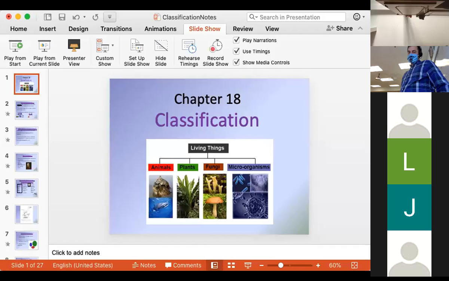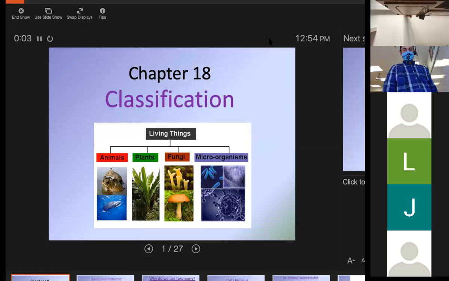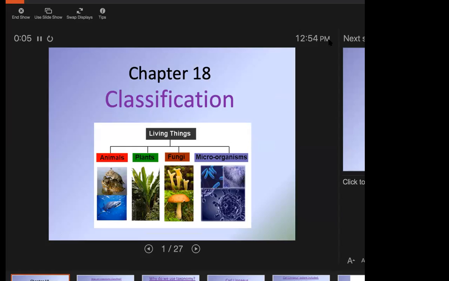A little bit about classification. This may be review for some people, but it is still important. Okay, and it's important to frame our entire discussion of animals this quarter. Okay, this first slide, this first slide